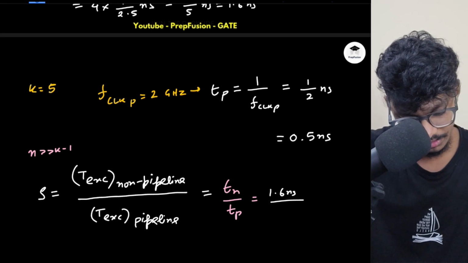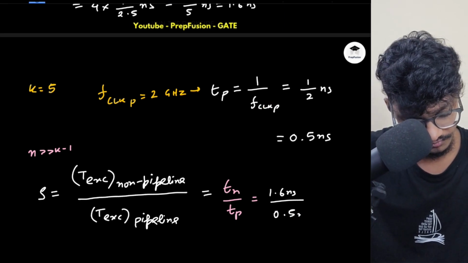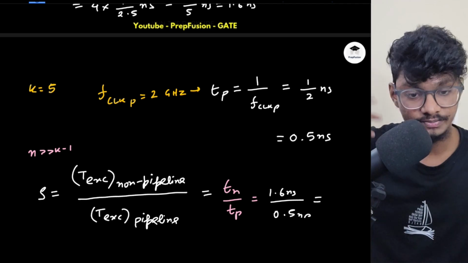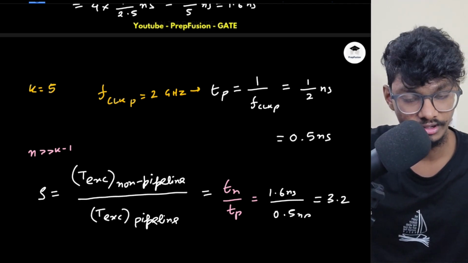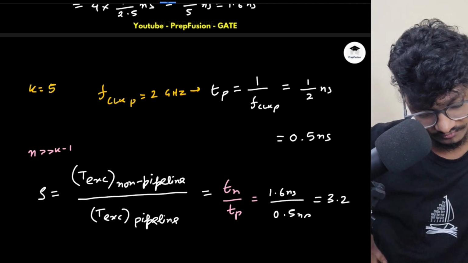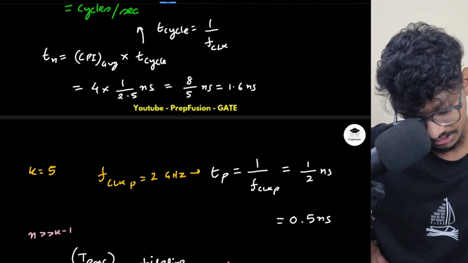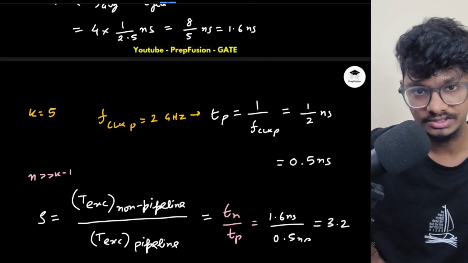And what is my Tp? Tp is simply 0.5 nanoseconds. So your speedup achieved will be 3.2. You can clearly see that if I break this down, how many stages do I have? 5. So k times Tp is 5 times 0.5, that is 2.5 nanoseconds,